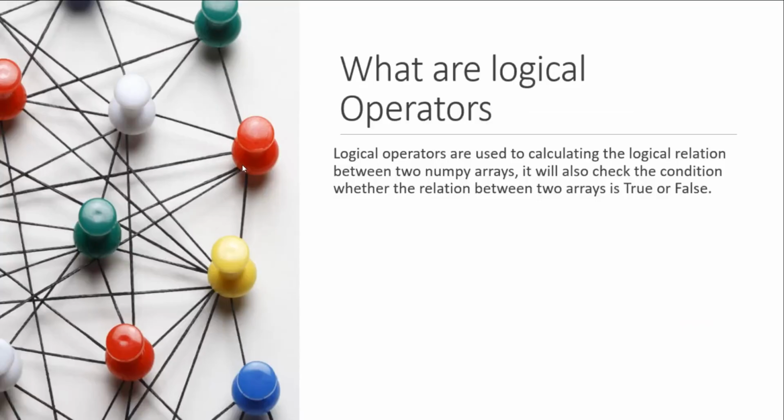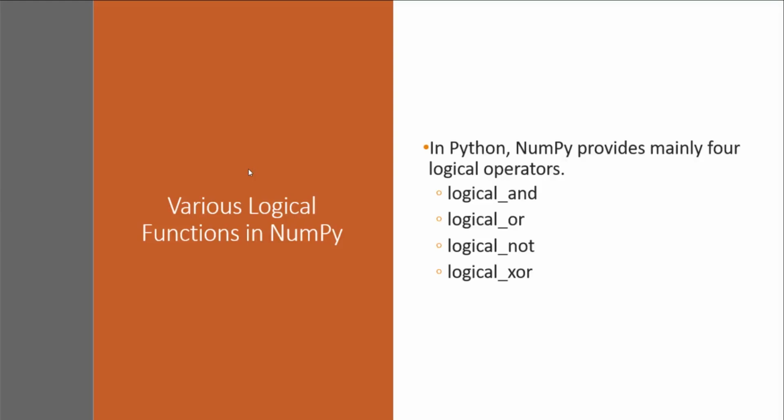Now we will understand what logical operators are. Logical operators are generally used for combining two or more relational statements. They always return boolean values, and the logical operators are used for calculating the logical relations between two NumPy arrays. They will also check whether the relation between two arrays is true or false. So NumPy provides mainly four logical operators. Now let us briefly understand these logical operators and check how we can use these logical functions in the NumPy